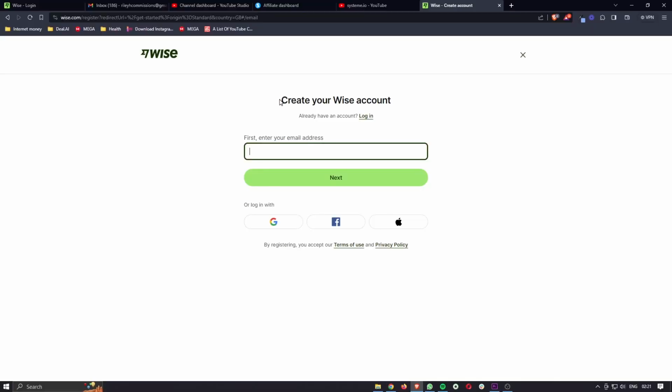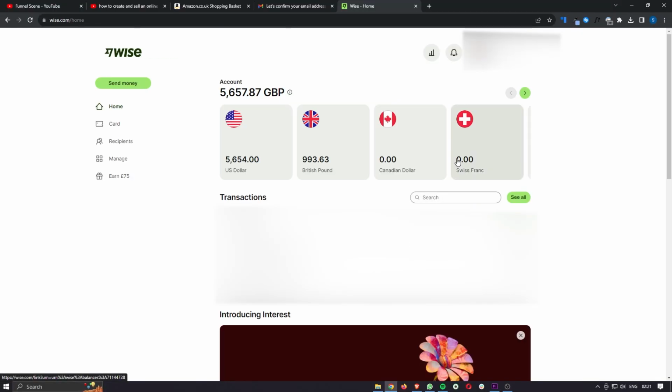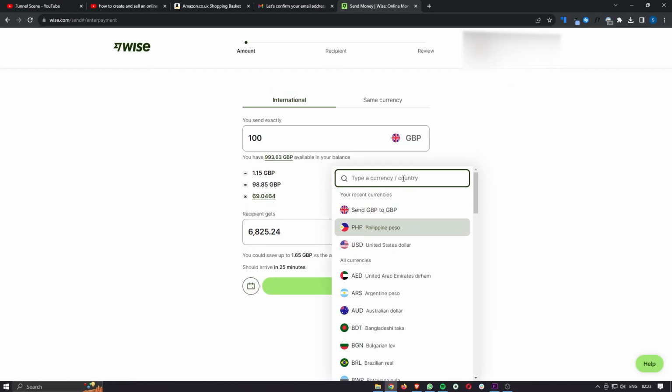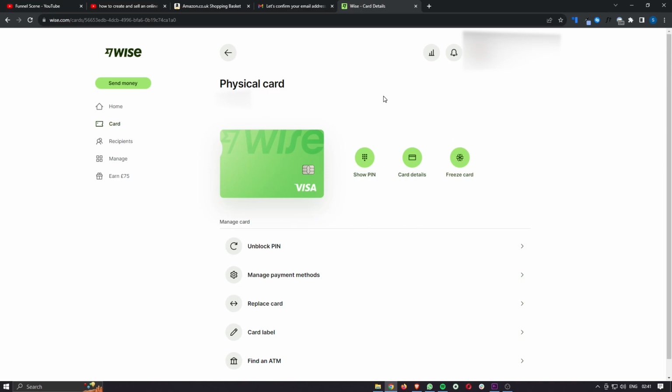This video is a complete tutorial of Wise, formerly known as TransferWise. I will be walking you through how you can create an account on Wise, how you can open multiple currency accounts, and how you can do international money transfers using Wise. I will also walk you through what the Wise card is, as well as how you can actually use this in your day-to-day life, as well as being able to use this abroad to save the fees that you pay